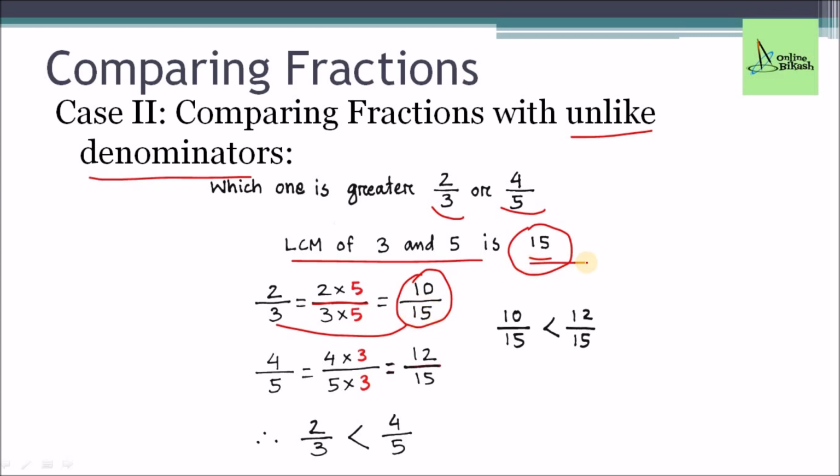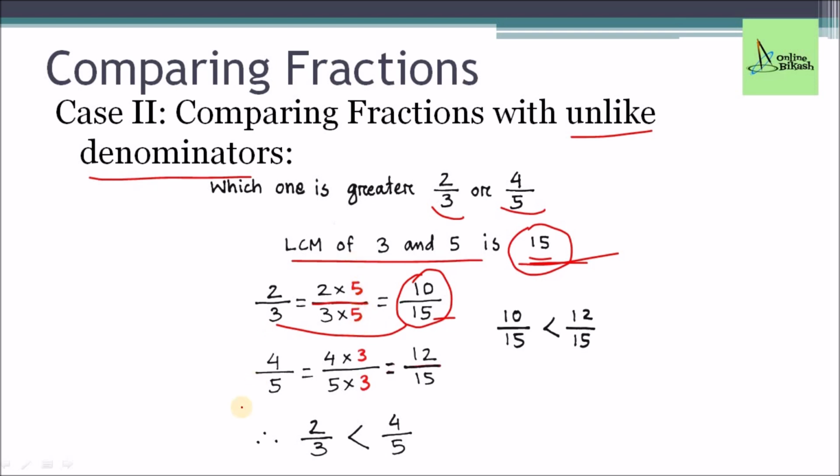This is the thing. Why have we found this LCM? Because we have to make the denominator the same as the LCM. Our LCM is 15, so we have to make this denominator 15, and it can be done very easily. You just need to check what number to multiply with this denominator to get the LCM. 3 5s are 15, so 5 is multiplied with both the numerator and denominator.